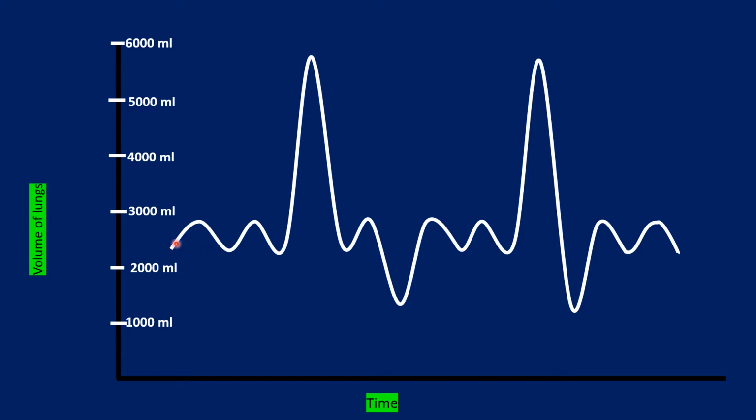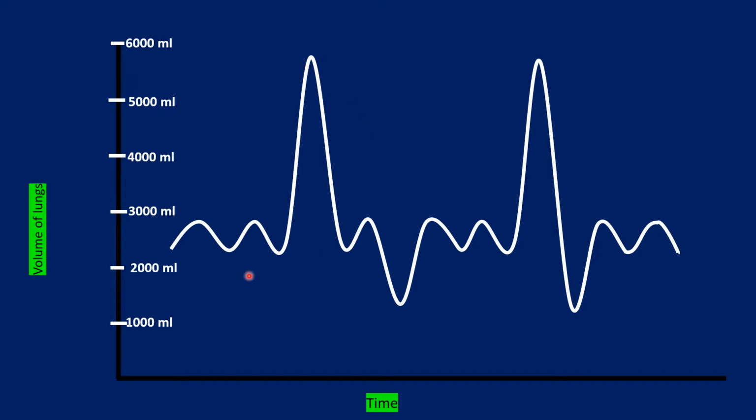So the increase in the curve, or the elevation in the curve, means inspiration, because these values show the volume of lungs, and when you inspire we inhale air and that causes an increase in the volume of our lungs. So the increase in the curve means inspiration and the decline in the curve means expiration. This is what we need to know when we read this spirogram. So this means inspiration, expiration, expiration, and a deep inspiration, so that the volume of the lungs reaches its maximum. So this is the way to read the curve.